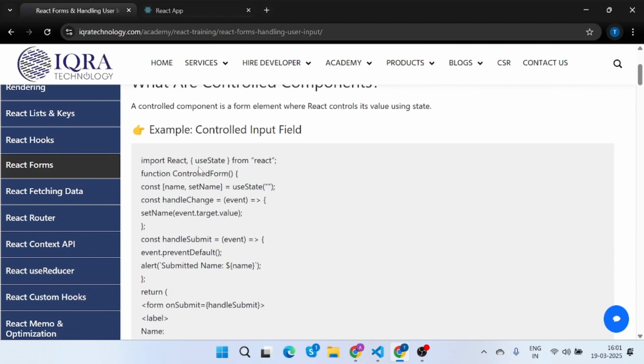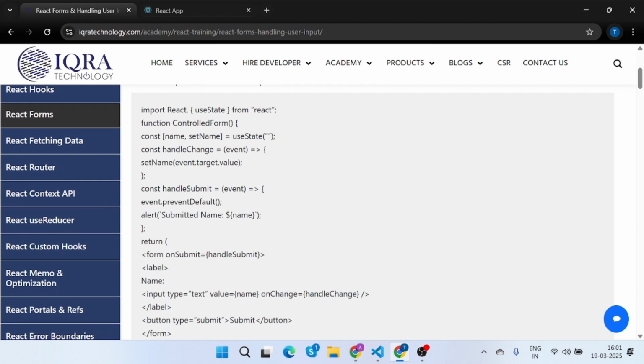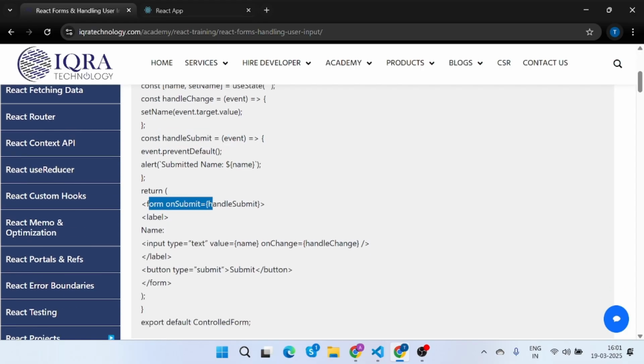Now you can see here we import React useState, and here we use a controlled form function. Here we use name, setName, useState, and here we handle the change function. We pass the event, and here we have event.target.value. Here we have a handleSubmit event. Now here we use a return and a form with onSubmit handler. You can see here we have a text input with name, onChange handler, and here we have a submit